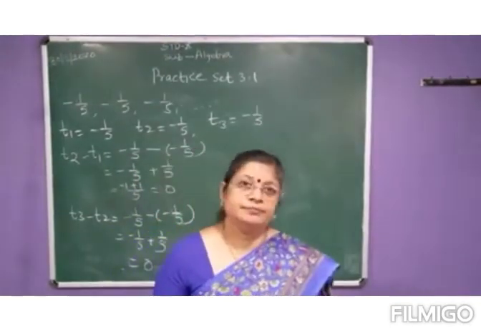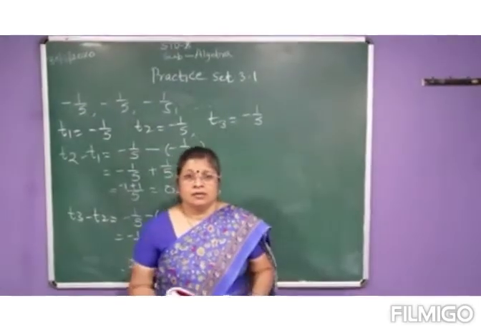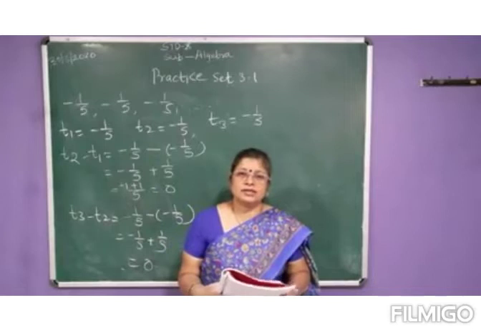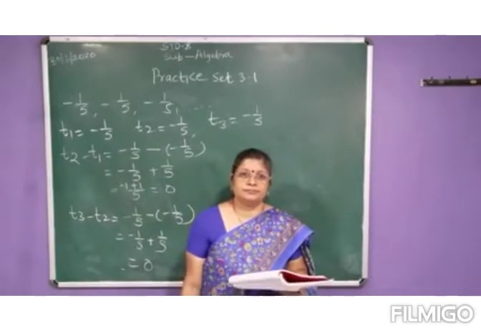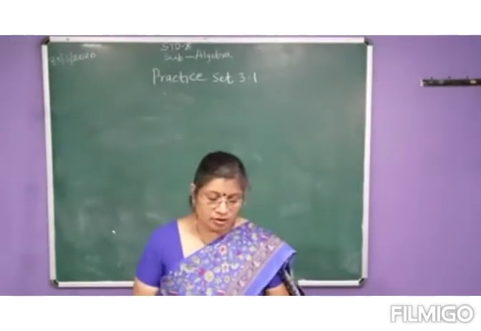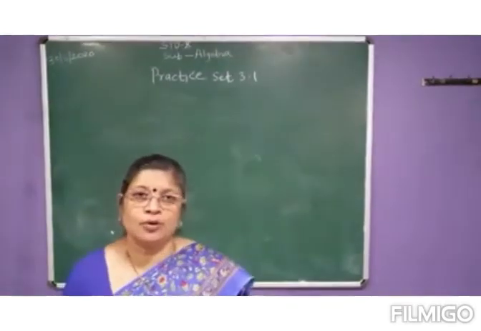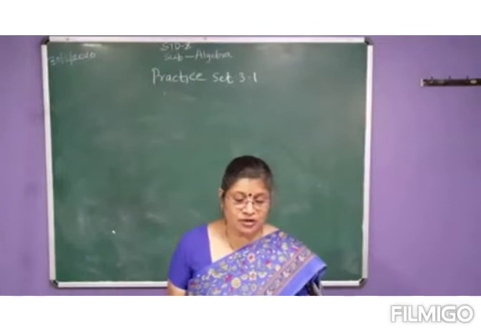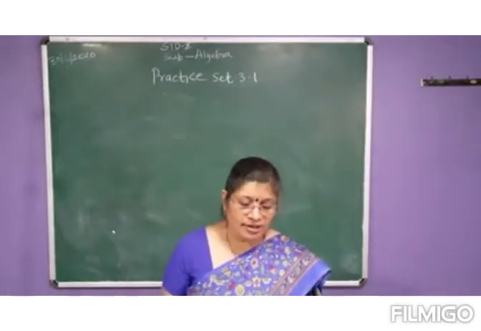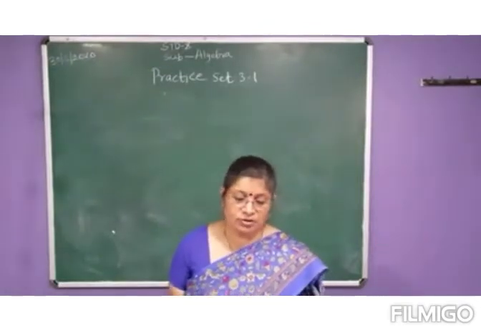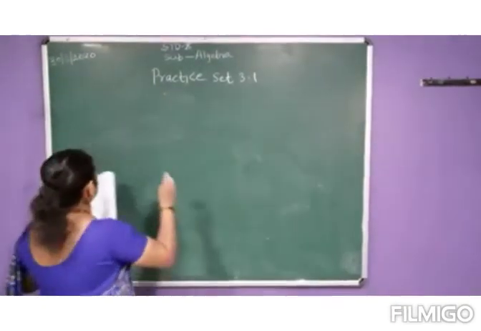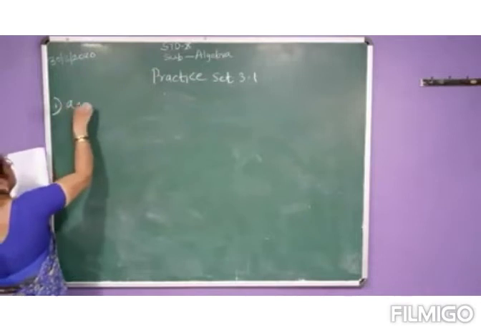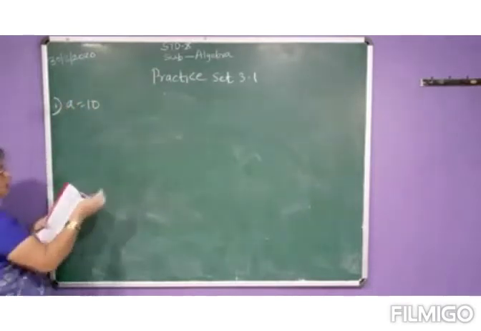Now, okay, have you understood this? Now we will go for the second question. 3.1, second question. Write an AP whose first term is A and common difference is D in each of the following. Now we will go for the first one, where A value is equal to 10 and D is